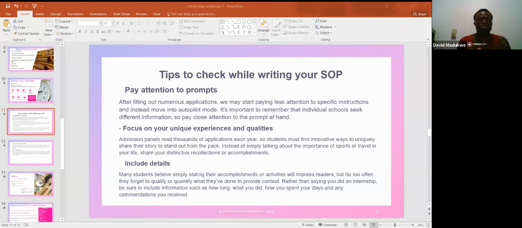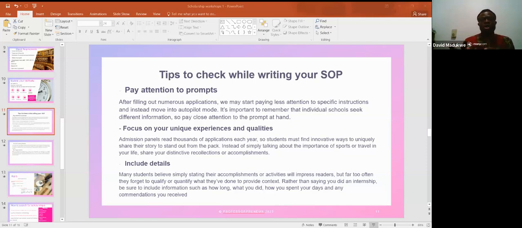That will help you equally to stand out from others, because you are able to explain how your undergraduate or your previous education enhanced your ability for graduate studies. So they want to see those personalities, those challenges you overcame, those problems you were able to solve, and how you were able to continue to navigate. Because to be honest, graduate school is not child's play. It takes a lot of zeal, and it takes a lot of determination and focus to be able to excel.